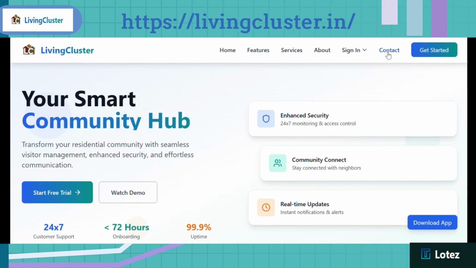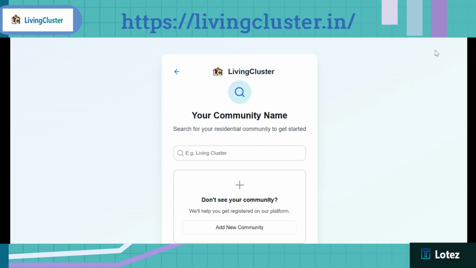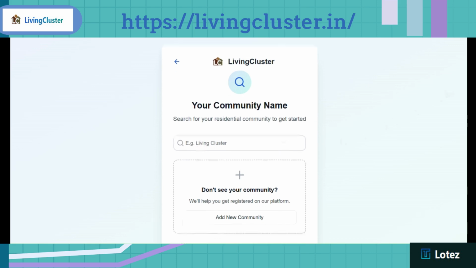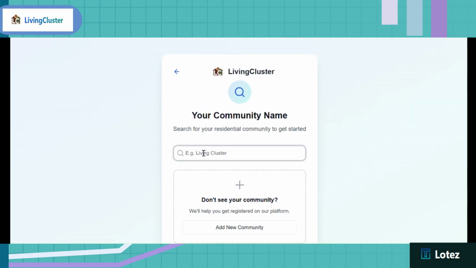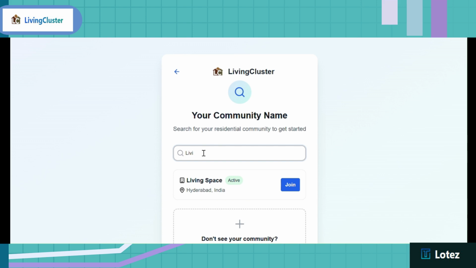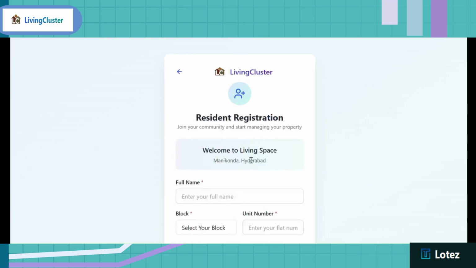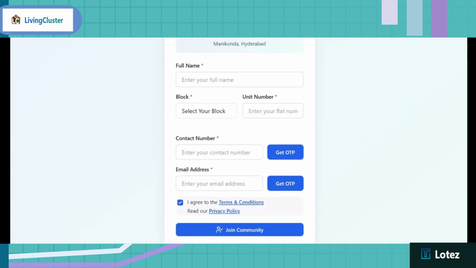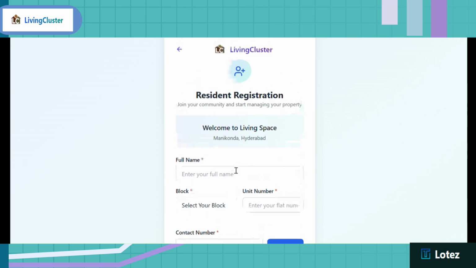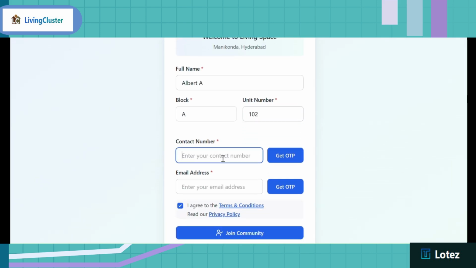Log in using https://livingcluster.in/. You can search your community name. If available, you can join. Provide necessary details shown in the screen and click on the Join button to join the community.